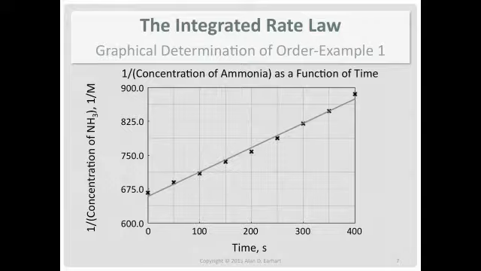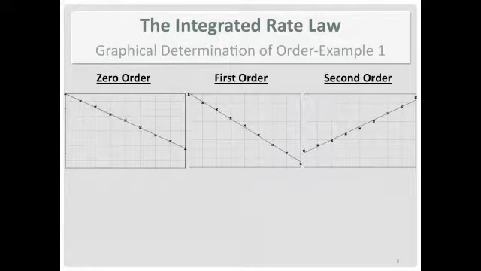So before we figure out the order, the rate law, and the constant, let's look at the three graphs just briefly. The one on the left, that one best fit a straight line. And then look, first and second order did not fit a straight line, which means this data appears to be zero order data. It can't fit a straight line for all of them.